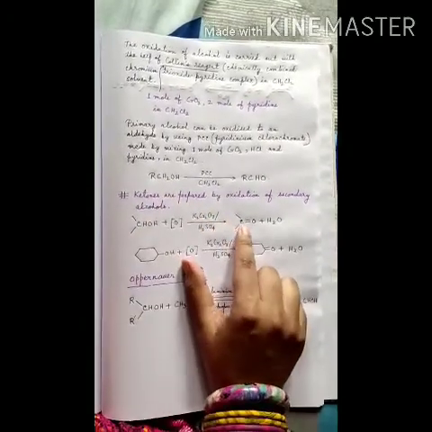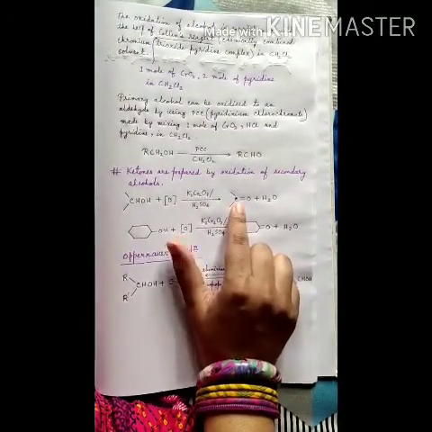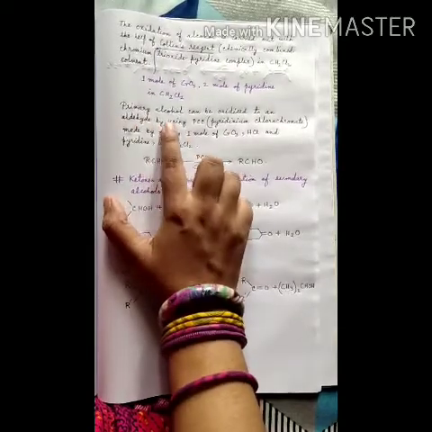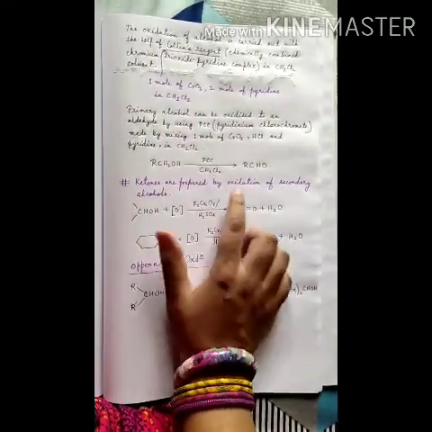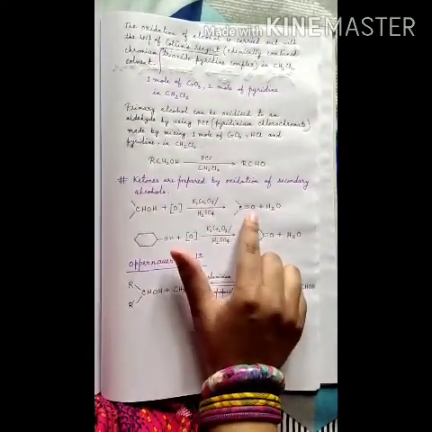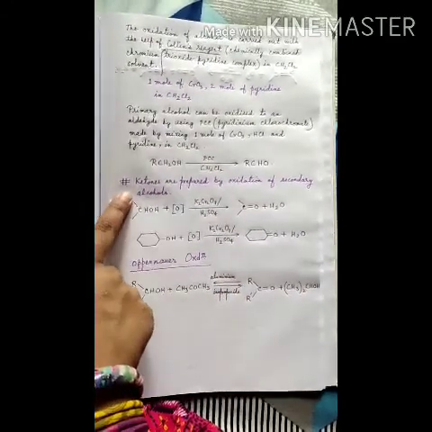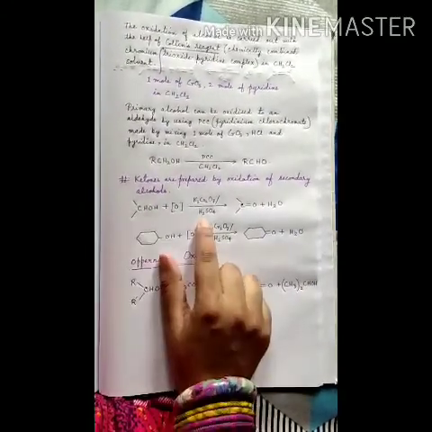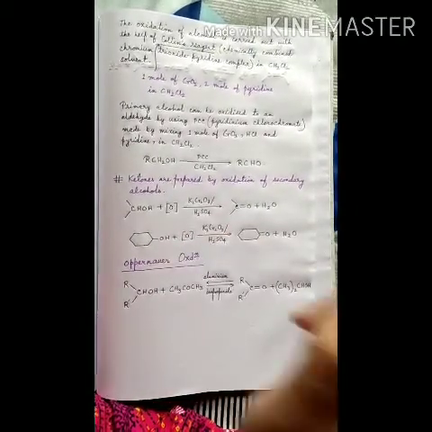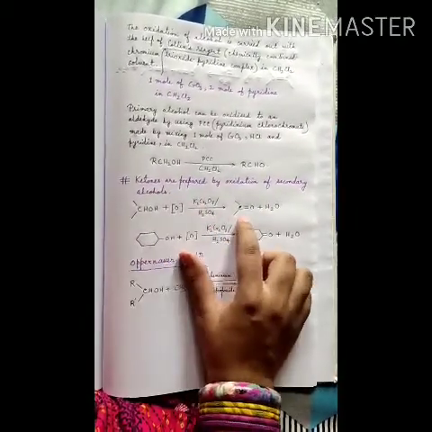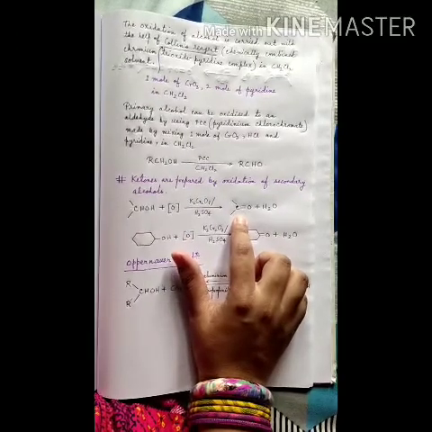Next, how to get ketone by oxidation from alcohol? Generally, primary alcohols are giving aldehyde, and if we take secondary alcohols, we will get ketone. So this is a secondary alcohol where both these hands are containing alkyl groups, and if we oxidize a secondary alcohol by a normal oxidizing agent, we get the ketone.